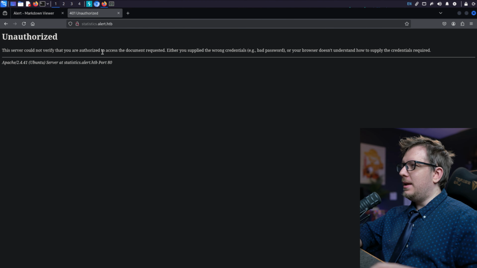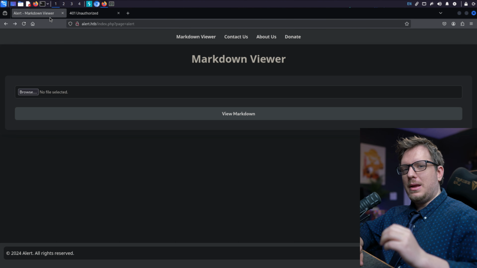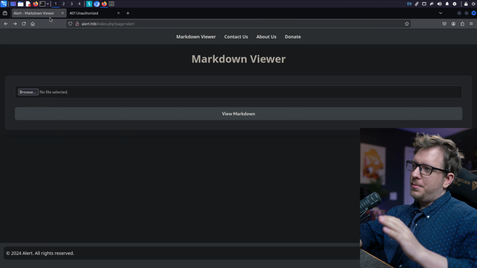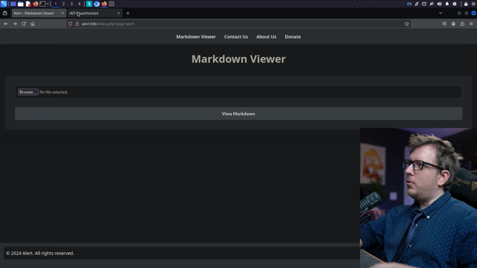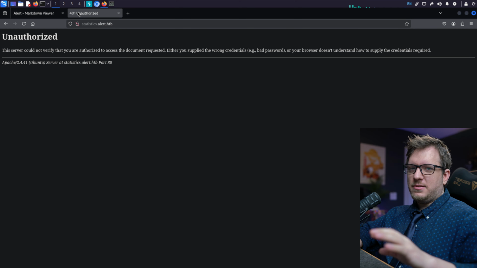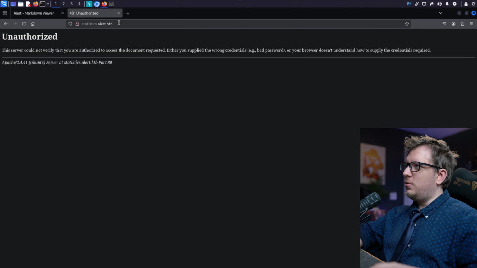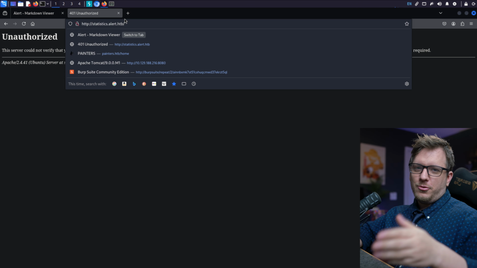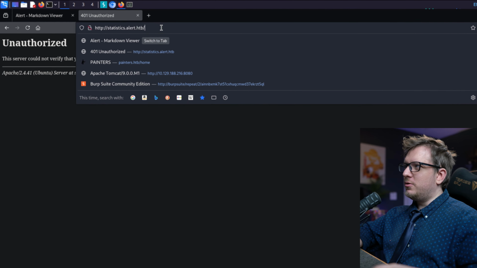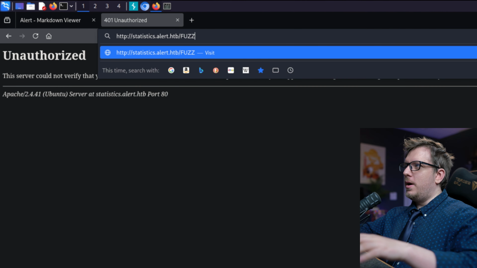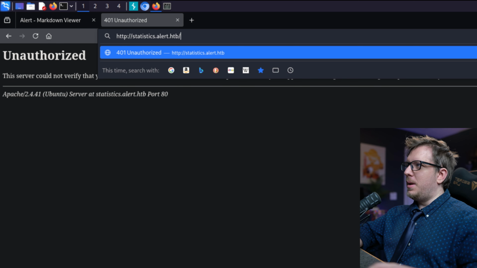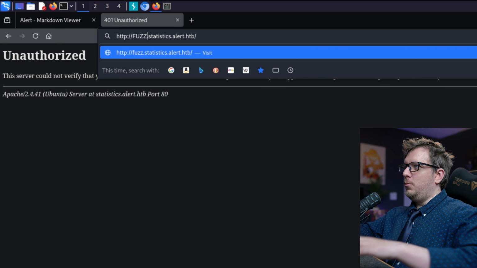So let's go ahead and pivot back into the main website, because there are some interesting attack vectors on the main website. And we know now we don't have access to the statistics. The other thing I like doing, once I finish my FUF scans on the main websites for the directories and so forth, might as well start fuzzing here where we're looking for maybe hidden directories on the statistics site, or maybe in fact even do another FUF scan and we'll fuzz